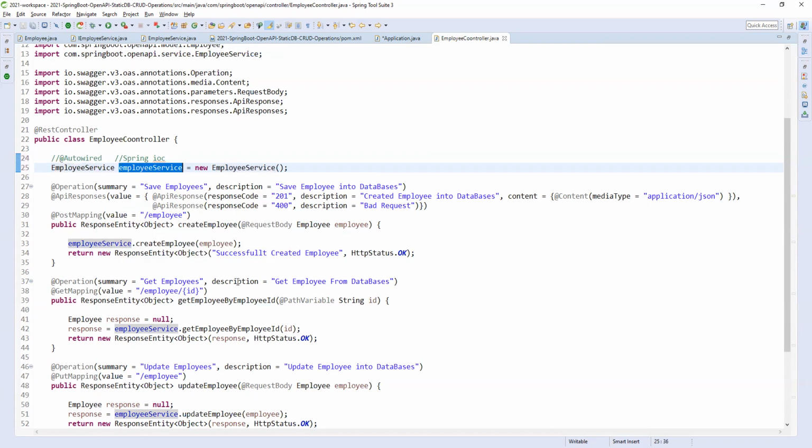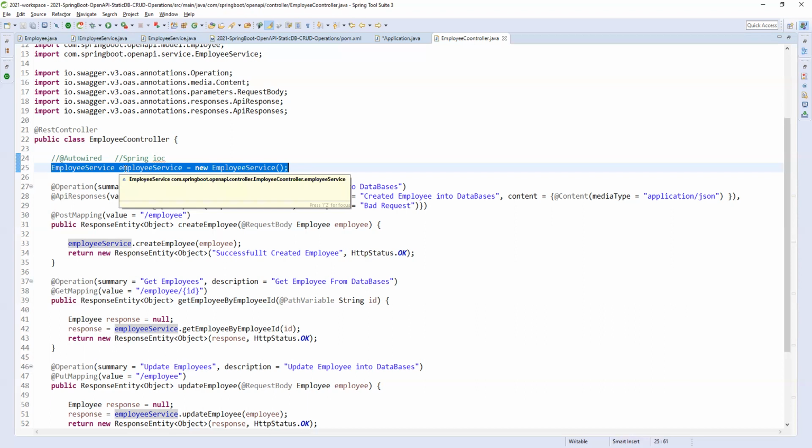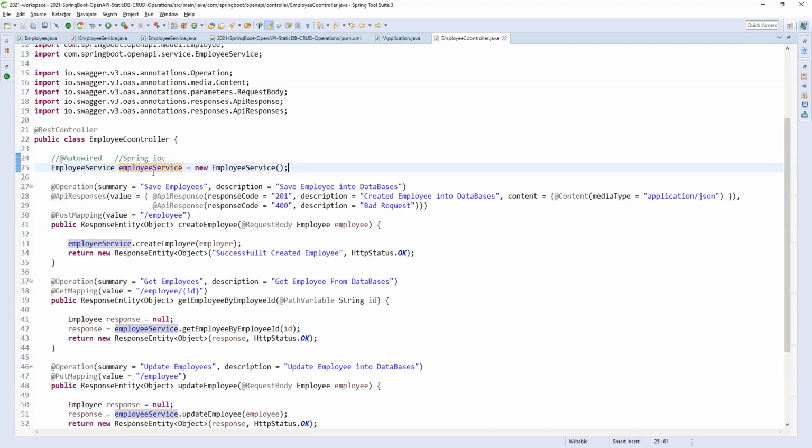If you are calling three services here, instead of only the employee service you are calling the employee service, person service and other services, you need to create three objects here. Whether you call them or not, you are unnecessarily creating Java objects. Whenever you run, all the objects will be initialized and memory will be allocated, so it will take a lot of memory. This is a kind of boilerplate code and it is not easily testable. That is the reason this is control by the developer, because I am only creating the object here.